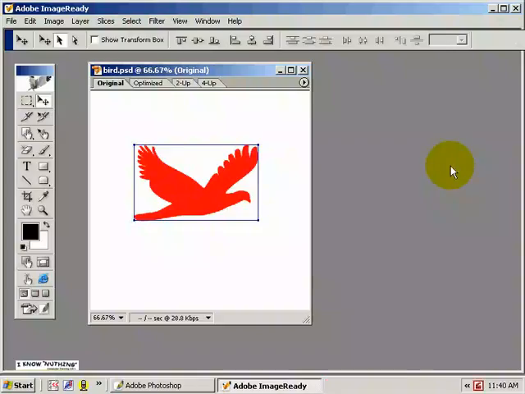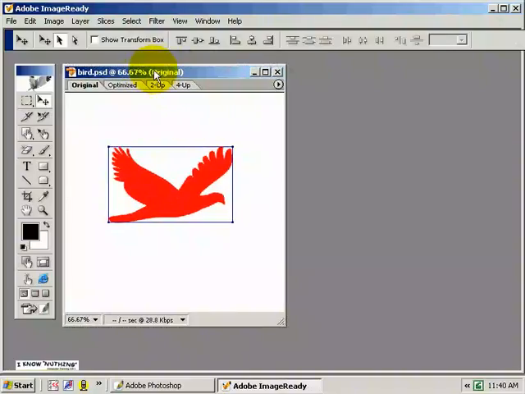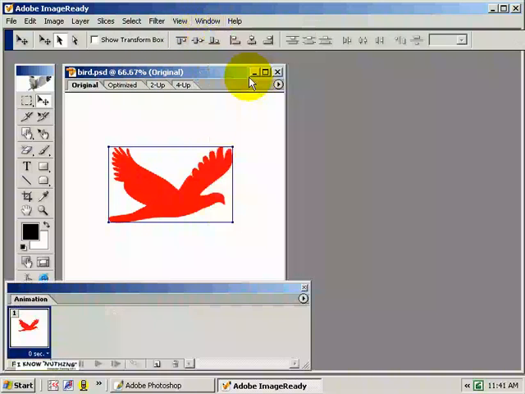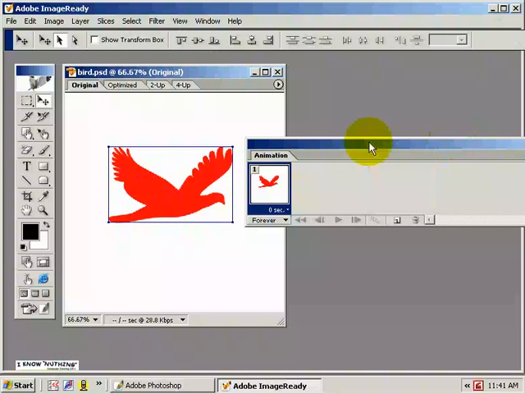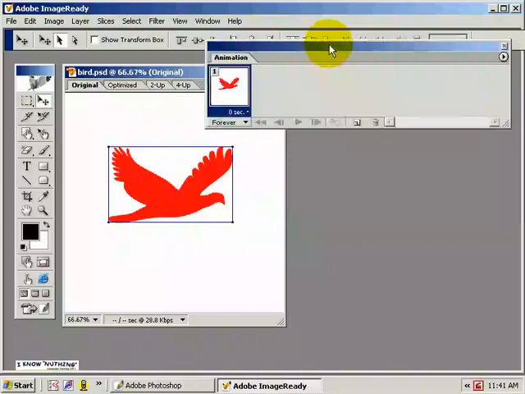Now that we're in ImageReady, I'm going to show you how you can make a very simple web animation using this bird. I'm going to go to Window and choose Animation, and again I'm inside of ImageReady, which is almost a carbon copy of Photoshop,